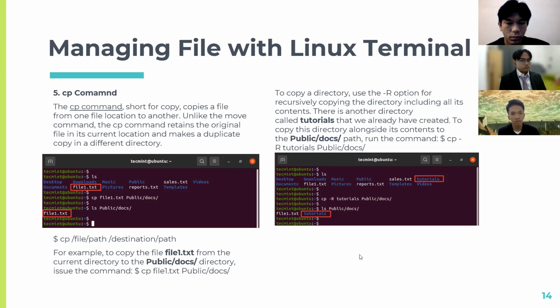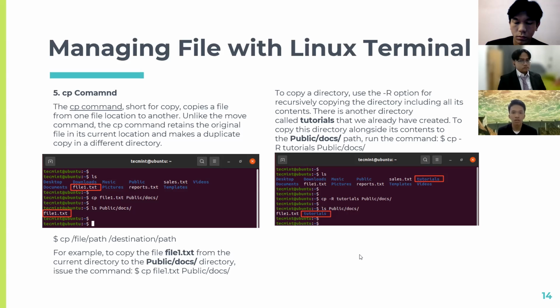For example, to copy the file 1.txt from the current directory to the public directory, issue the command cp file1.txt public/docs.